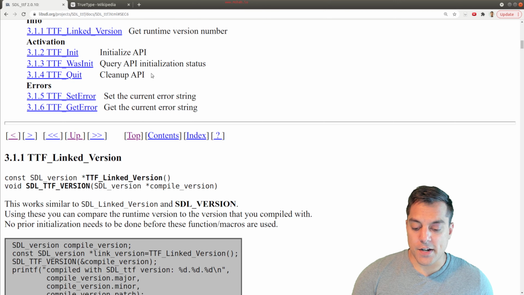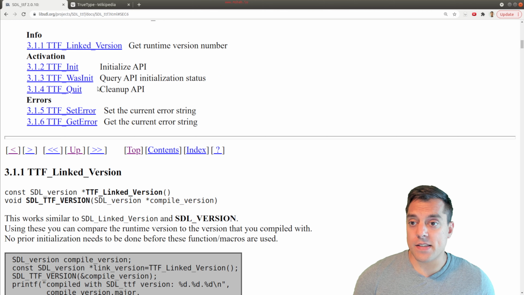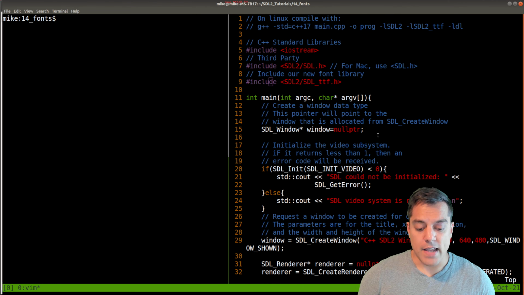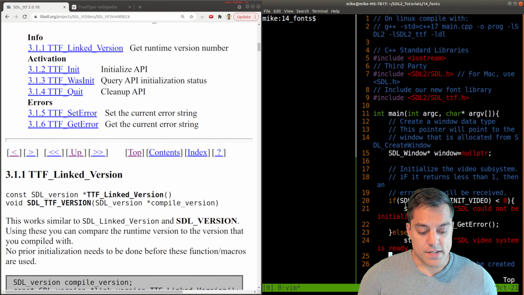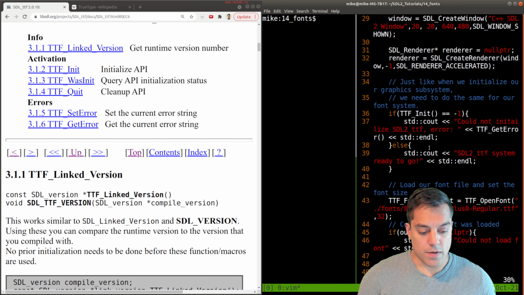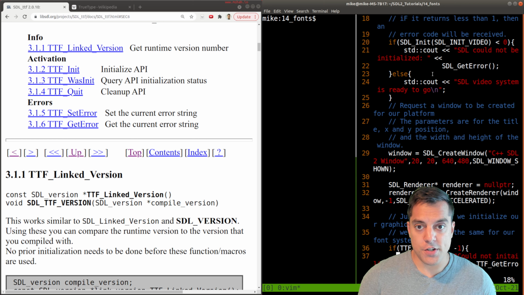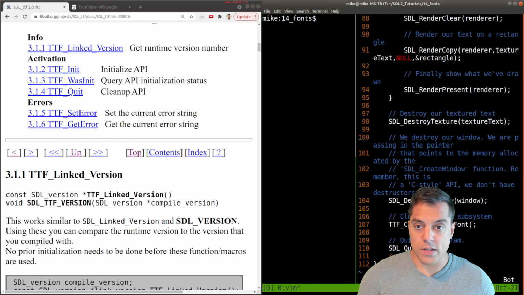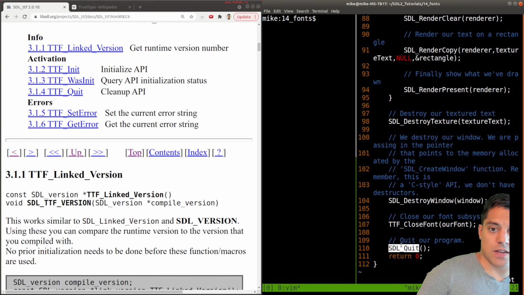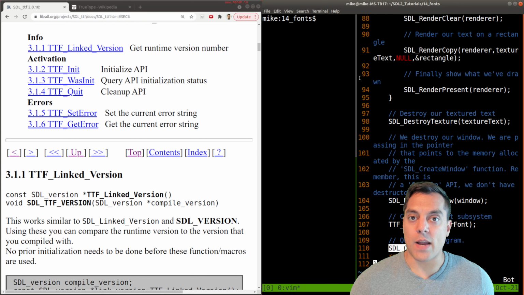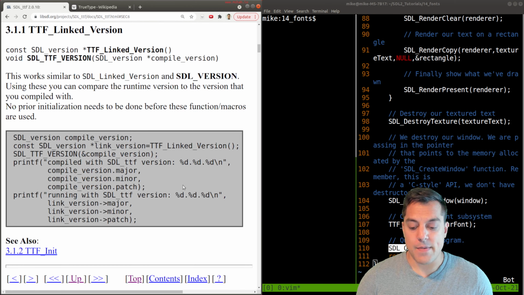But the general ideas here are that we need to initialize the system and clean it up whenever we're finished. This is mimicking the same things that we've done on SDL. In fact, if we go ahead and look at this side by side for a moment, with SDL, we initialize our system here. Oops, let me just scroll up a little bit here. Here's where we do the initialization. And at the bottom of our code, we do the SDL quit here. I move over to the side for a moment. We're going to follow the same thing. And again, this is sort of a very C way of programming where you have to initialize all your memory up front and you reclaim it at the end. So that's the same idea with SDL